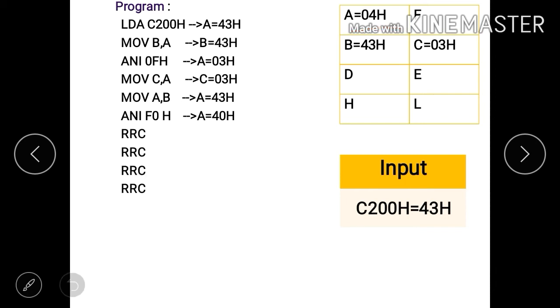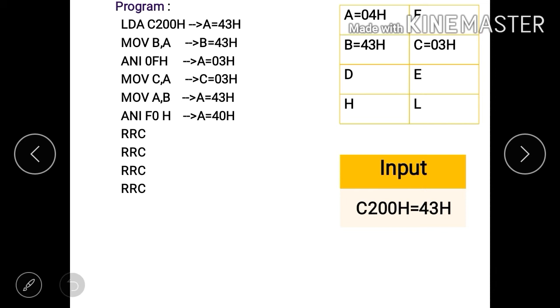That's why we will execute the RRC instruction. Rotate the content of accumulator to the right by 1 bit. Here we have to shift 4 bits, that means we have to shift the nibbles.